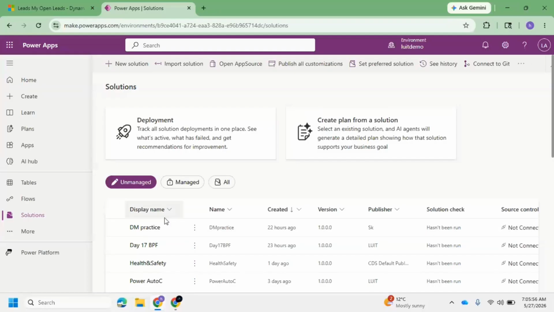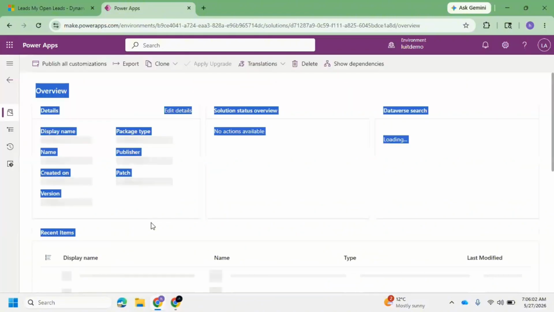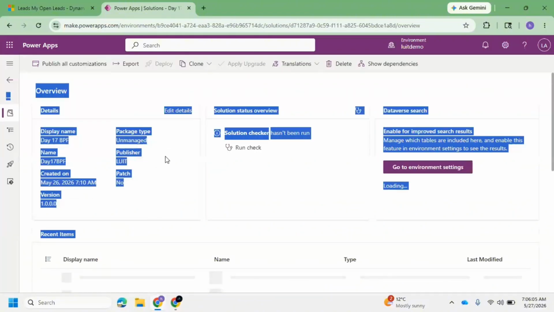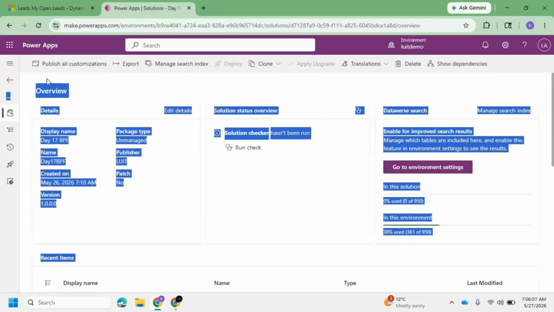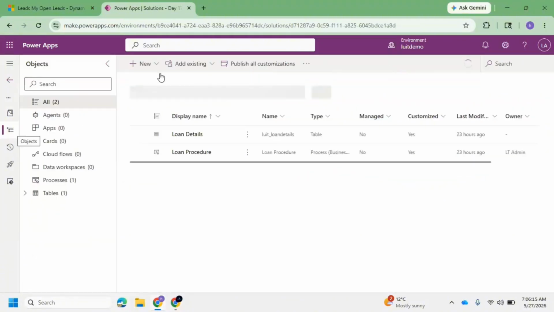We have seen what the out of the box process is, what the business process flow is, and what the out of the box action is, right? So whenever we are creating any process, we are getting some kind of a notification in the form ribbon. If you see here, if you create a